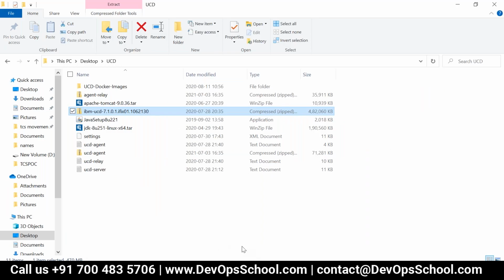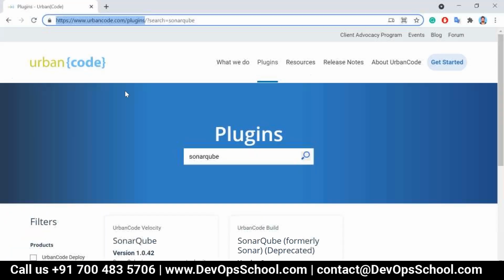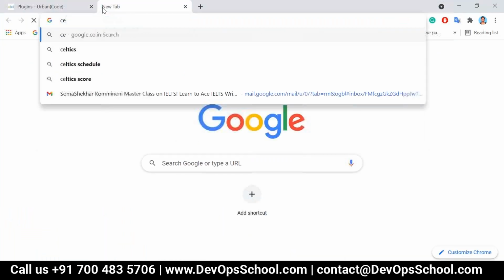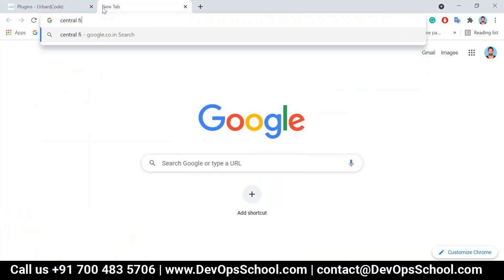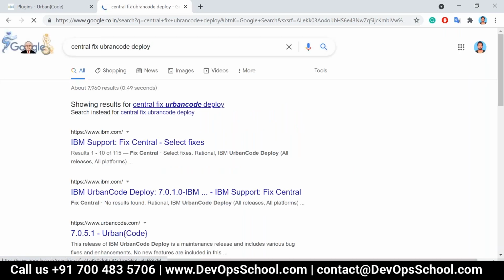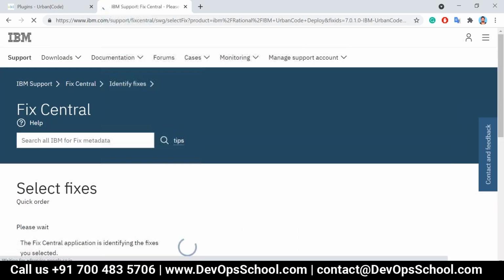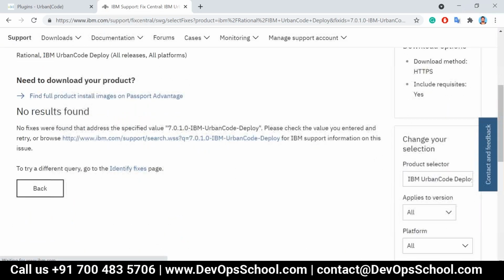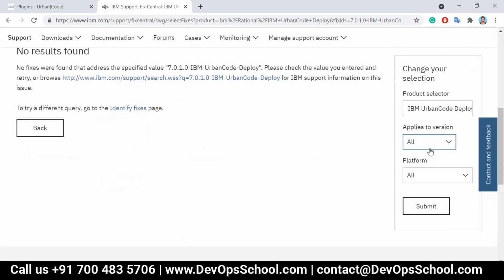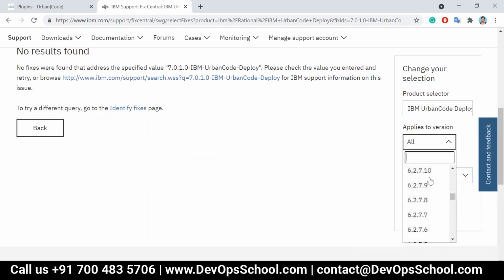Okay, so how can I share this package? I'll do one thing. Don't use 7.2, only web will be there.